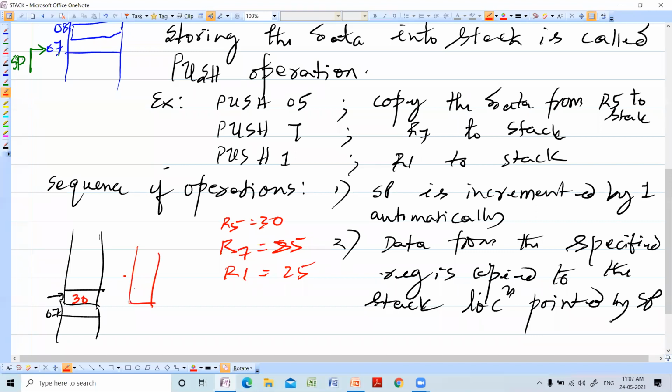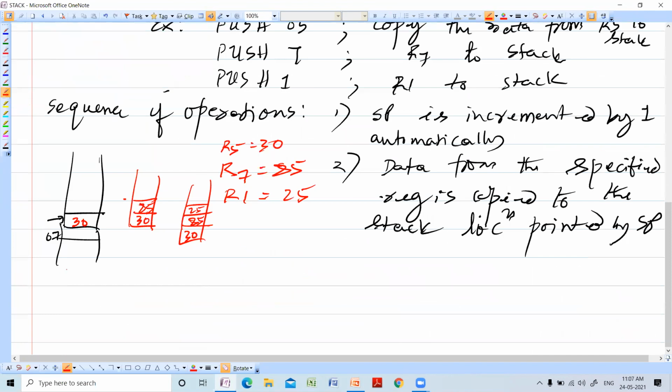Next, 85 will be copied. So this is 30, 85, and finally 25 will be copied. So here SP becomes 8, here SP becomes 9, here SP becomes A. This is how the push operation is executed.